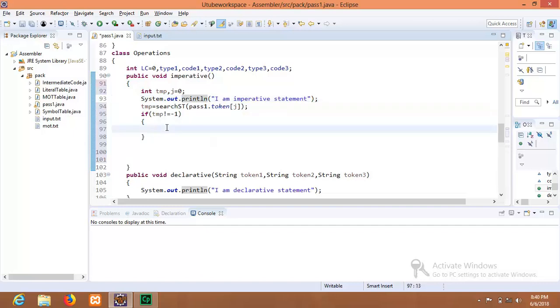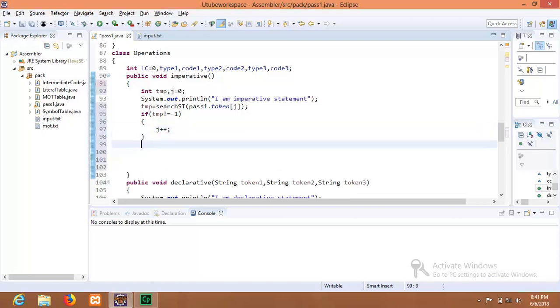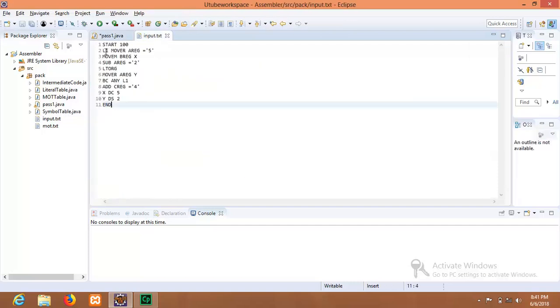If it is not -1, that means if it is symbol, then simply increment value of iterator or j. After that, we incremented value of j so that we can switch to next token that we have. So if it is L1 label or symbol, we are simply incrementing value of j so that we can get next token